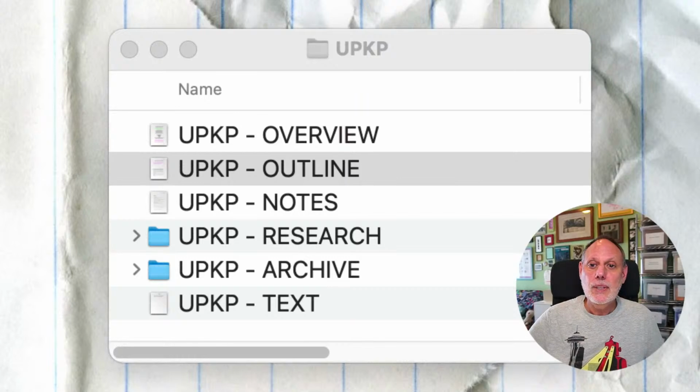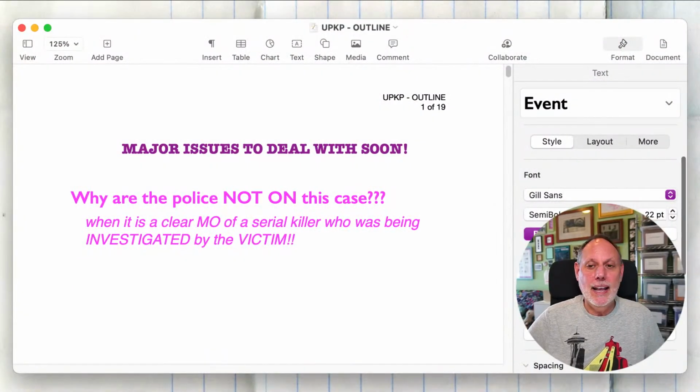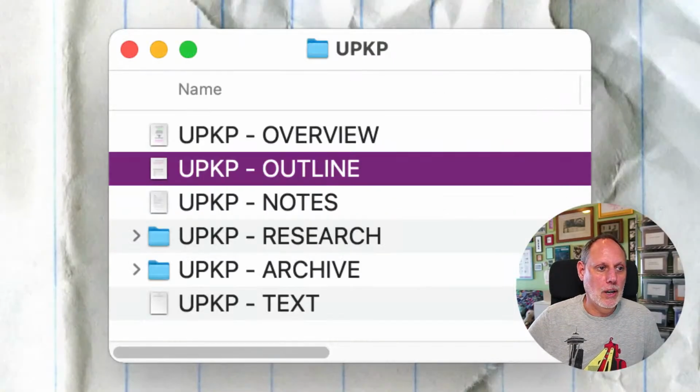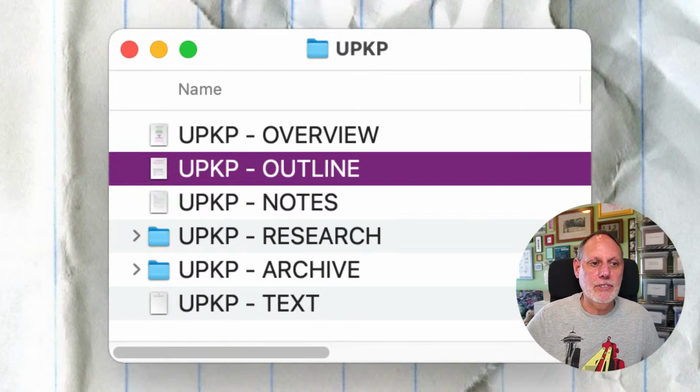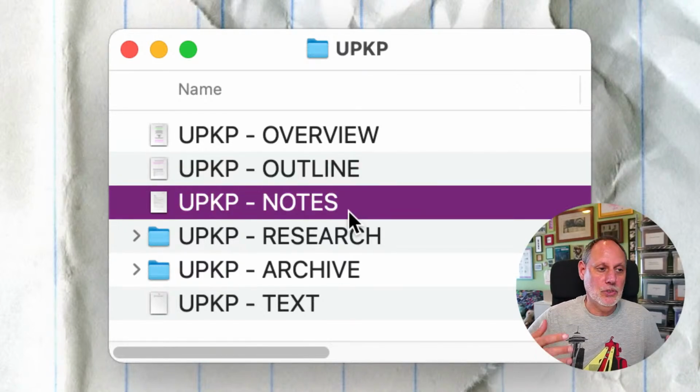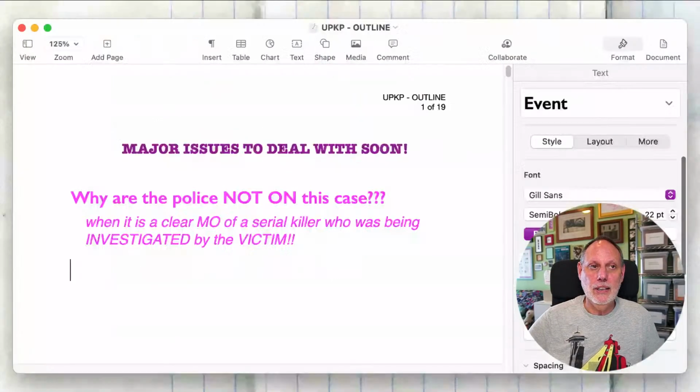Let's get started with the writing stuff. I did some work over the 24 hours since our last exciting episode. And one of the things I tried to do was clean up the outline. When you're working, I think it's very important to make your outline a working document. I created this format of several basic documents. Notes, where I just write stuff down as it comes to me, or when I'm trying to force myself to work, which is part of the process. I do that here in the notes,